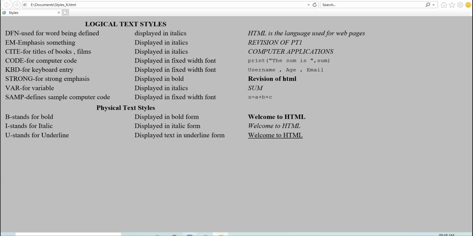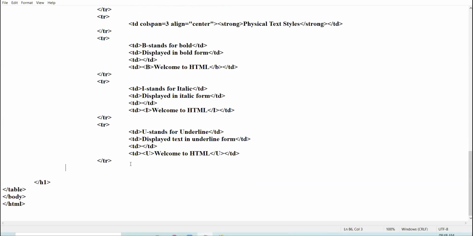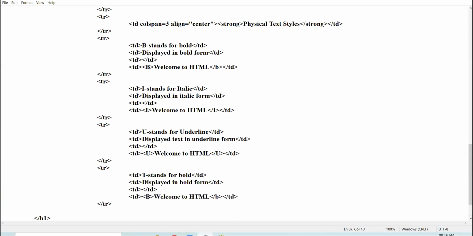Then next is TT, typewriter text. You people might have heard this term typewriter in a quite long time ago. People used to use typewriter to type the text. These days also, when you visit court and all that areas, there you will see the notaries, they are using typewriter to type the government paper.